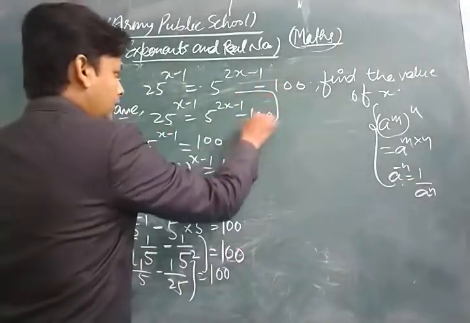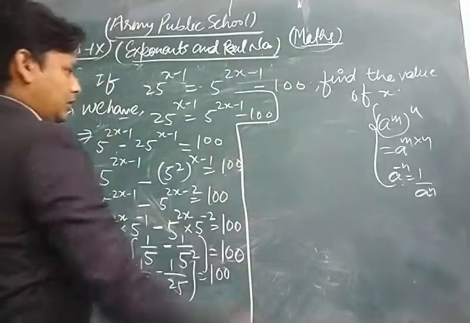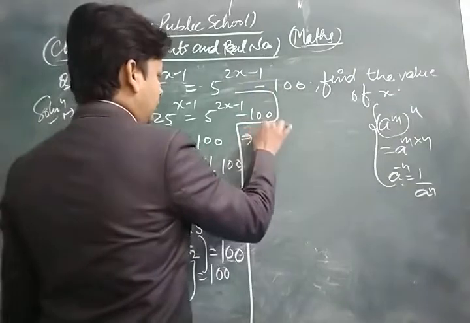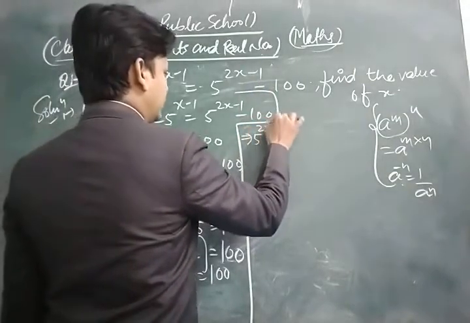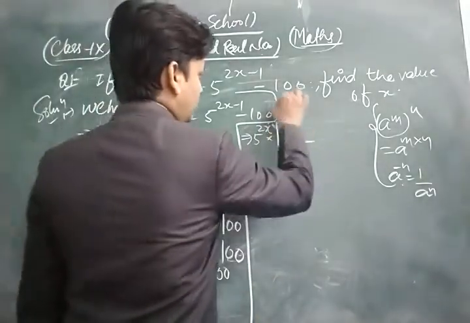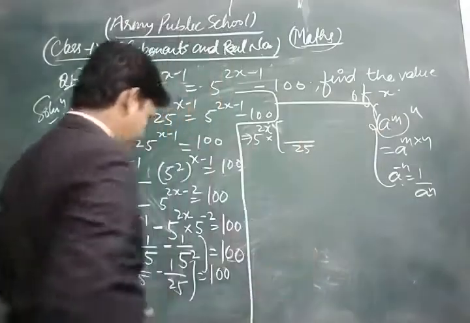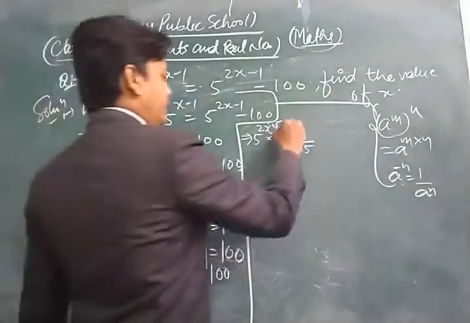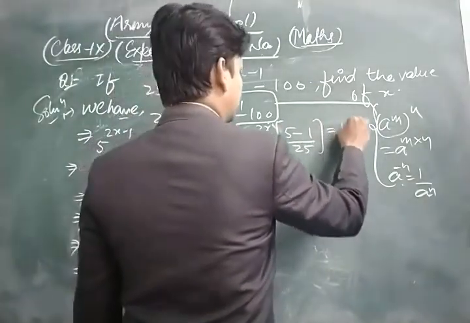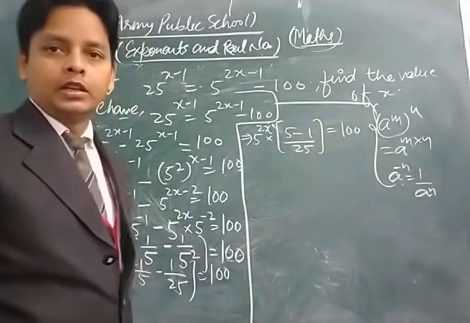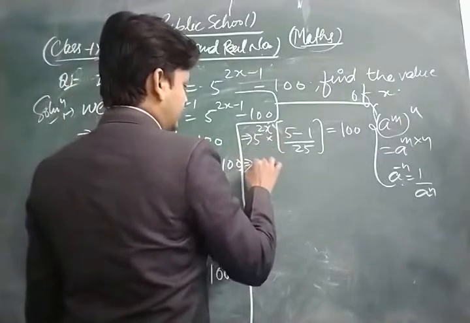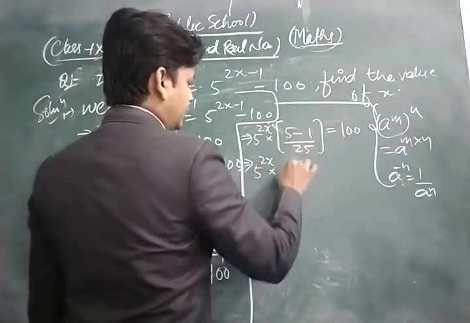Now look, dear friends, we can write 5 to the power 2x multiplied by, we take 25 as LCM, so 5 into 1 is 5, minus 1, is equal to 100. Now what do I do? Look, we can write this is 5 to the power 2x into 4